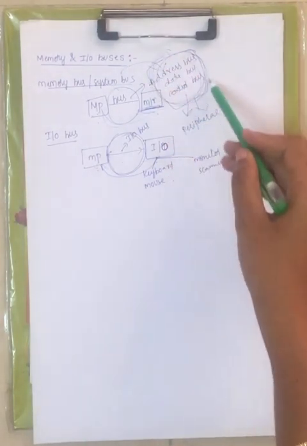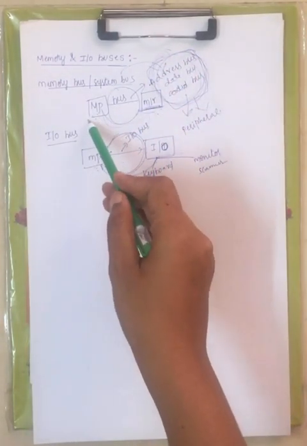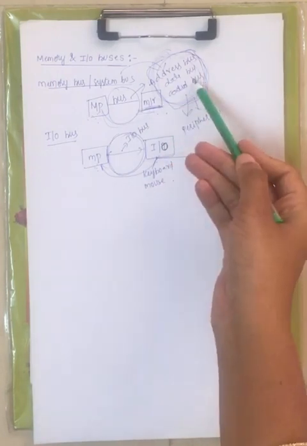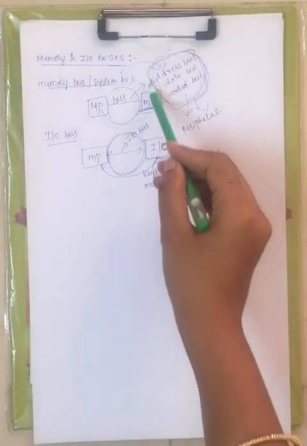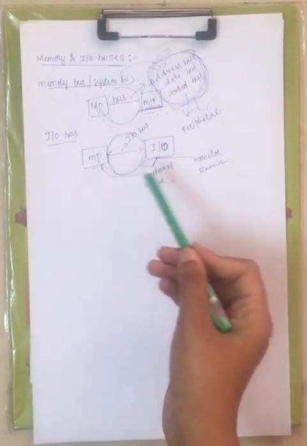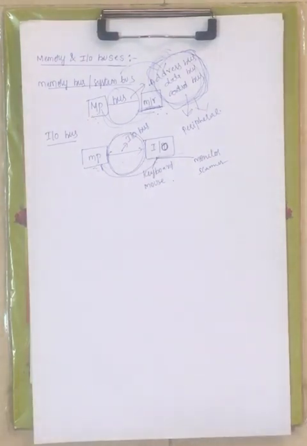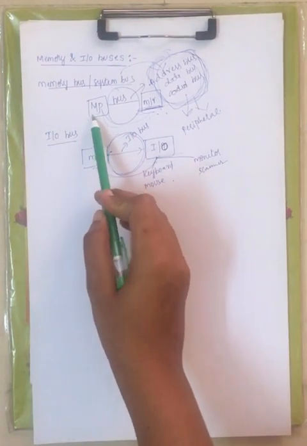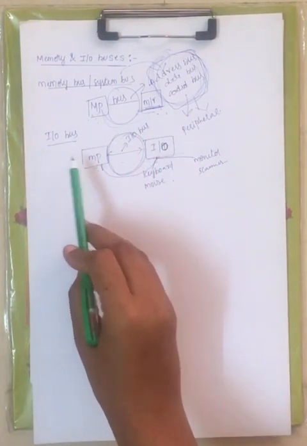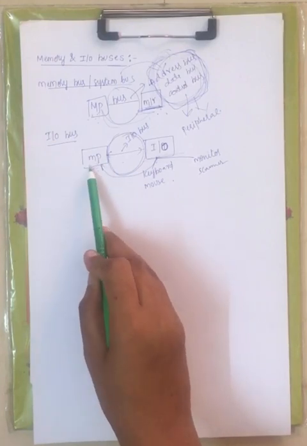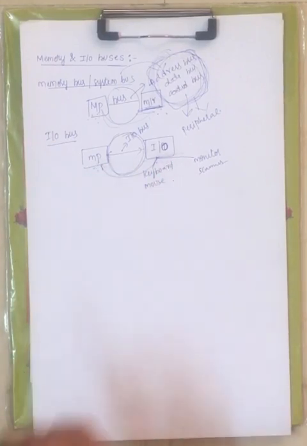If you are using these three buses to make a connection between your microprocessor and the memory, we call this the memory bus. If you are using these three buses to make a connection between your microprocessor and the IO devices, it is called the IO bus, right? Now the memory bus or system bus is used to connect your microprocessor and the memory, and the IO bus is used to connect your microprocessor and the IO devices like keyboard, mouse, monitor or scanner, right? Now this is the introduction of the memory bus and IO bus, right?